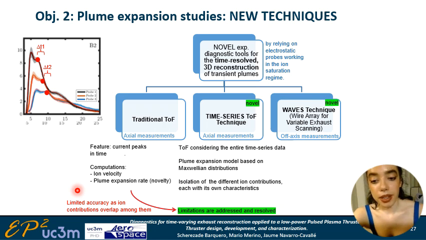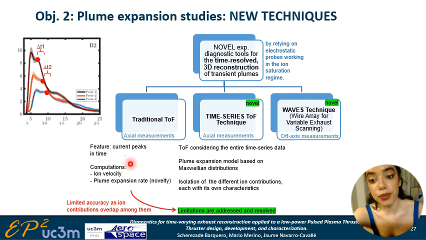But also, as far as we know, we were the first ones getting an estimate of the plume expansion rate from that. The problem of these approaches is that this methodology inherently disregards the fact that there are contributions to each one of the bumps by several ion populations that can have nothing to do with each other in terms of their characterizing parameters, and also that for the plume expansion, even